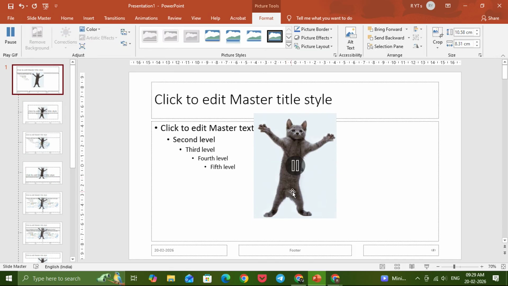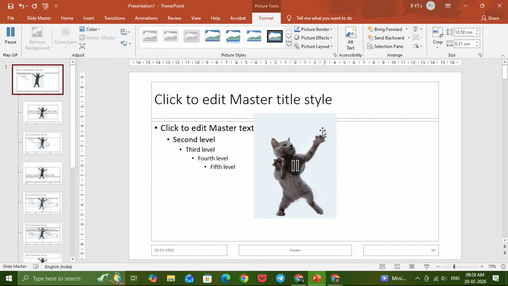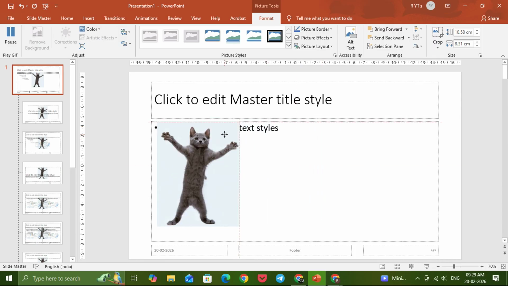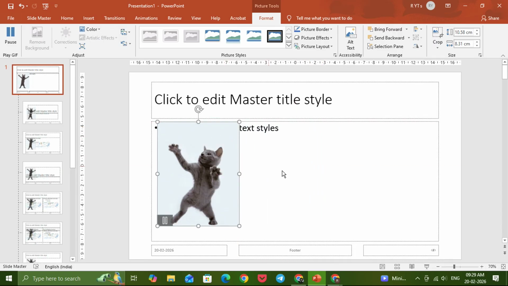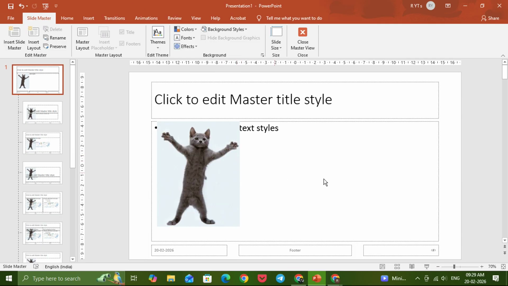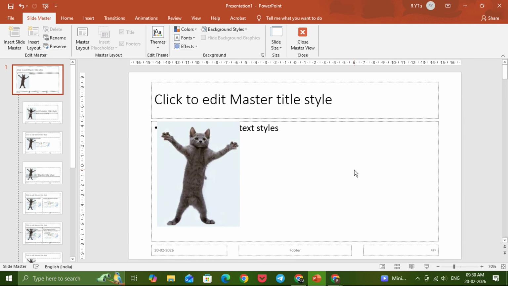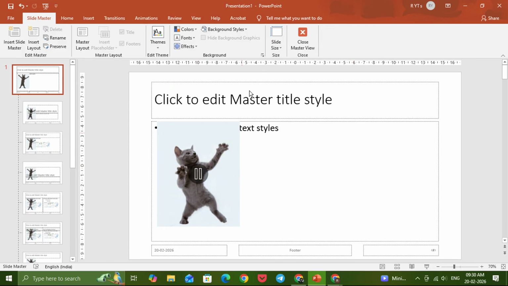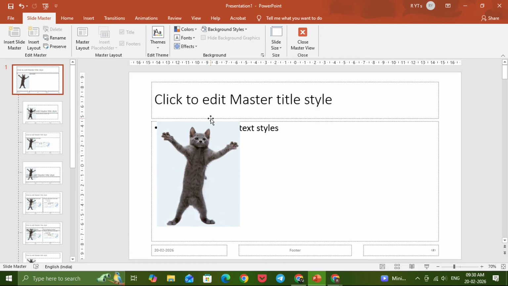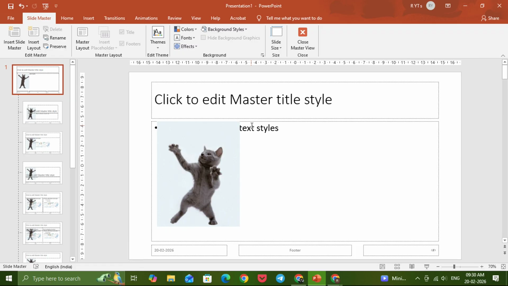Next, you'll want to adjust the size and position of the logo. Click on the image and drag it to where you want it to appear on your slides. Most people place logos in the top corner or bottom corner of the slide, depending on their design preference. You can resize the logo by clicking and dragging one of the corner handles. Make sure to drag from the corners to maintain the correct proportions and avoid stretching the image. Take a moment to position it neatly. You can also use the alignment guides in PowerPoint to help you line everything up perfectly. Remember, wherever you place this logo on the master slide is exactly where it will appear on all the slides